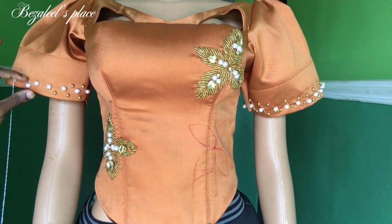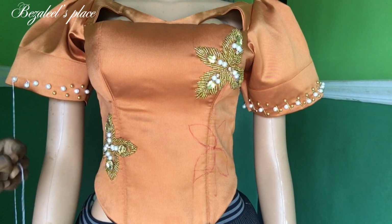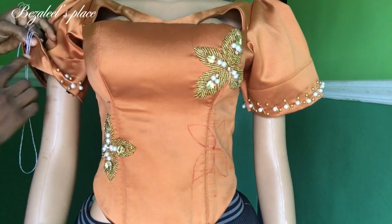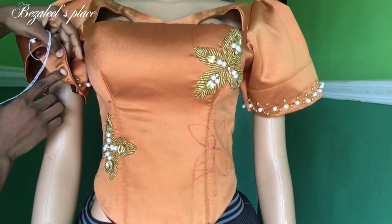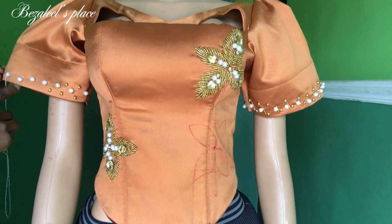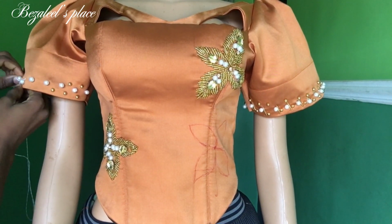If you have a loose end like this in your bead, it is fixable, right? Don't be discouraged. What you just do is that after tacking it here, you go inside back again. You can see that my thread is not coming from the wrong side. We have studs here because of the stud I used to hold it, right? So you just come inside. When you have a loose bead here, what you just do is go inside like so and come back